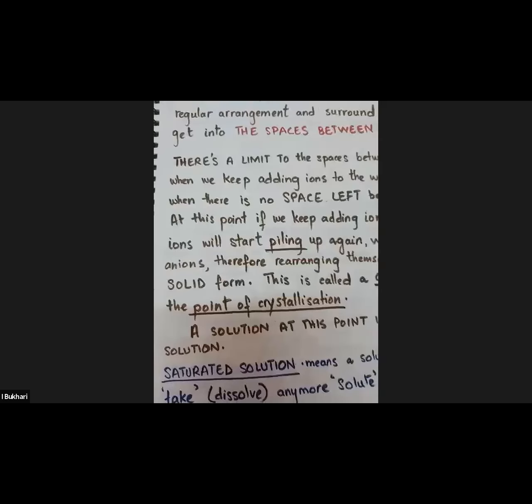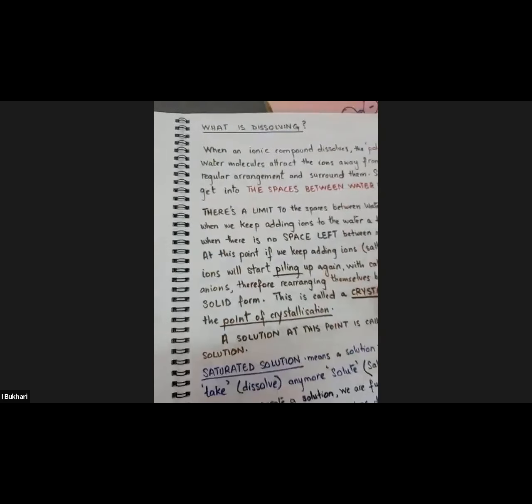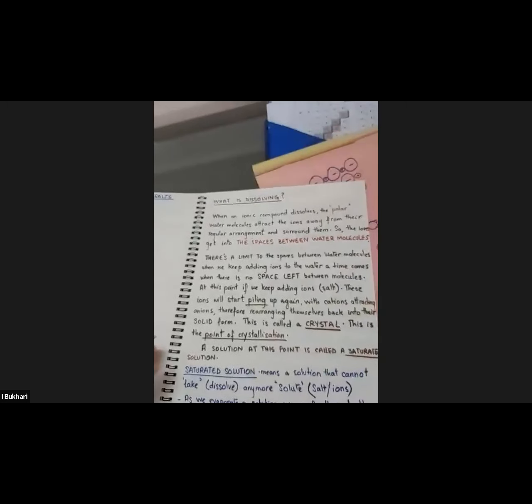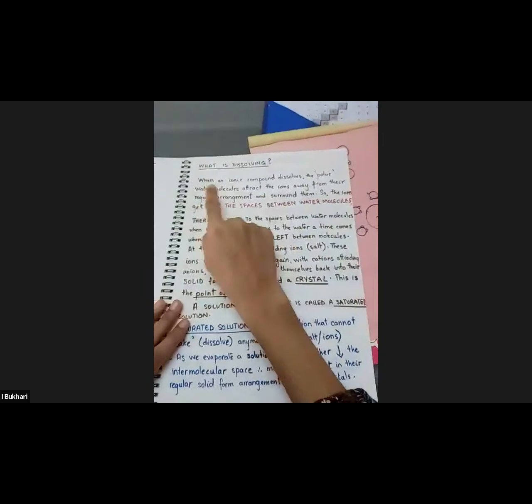So, once you have understood what dissolving is, now we can talk about the solubility of salts, right? So basically,